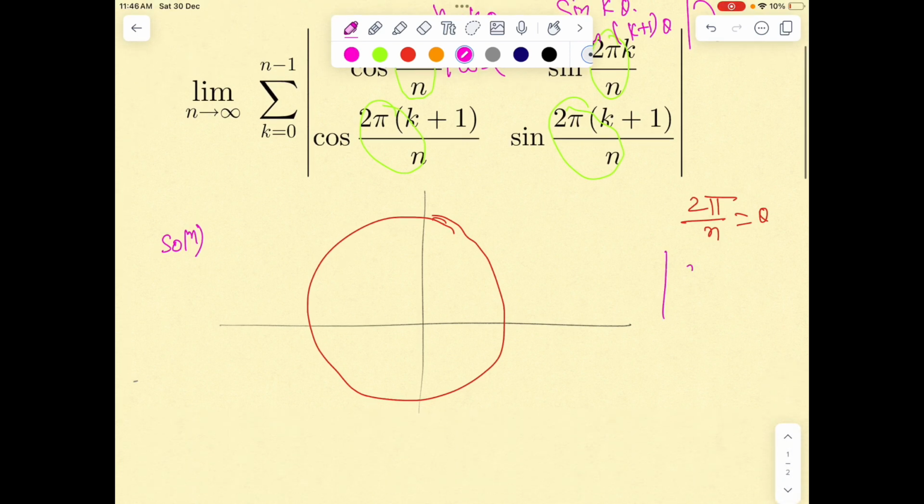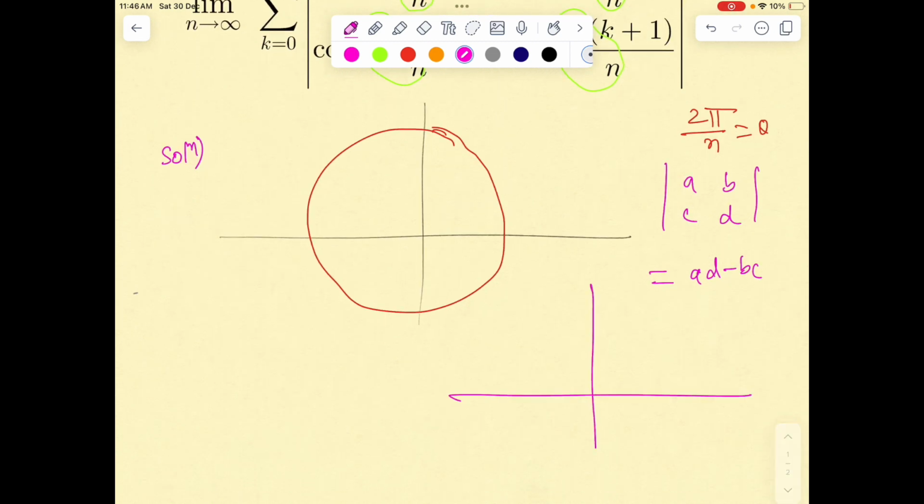Now we are trying to see the geometrical meaning of this determinant. And we know if we have any determinant with entries A B C D, its value is AD minus BC. Beautifully, this determinant can be thought of as the area of a parallelogram in geometry. So if I treat the first row as vector A comma B, and we treat the second row as another point C comma D,